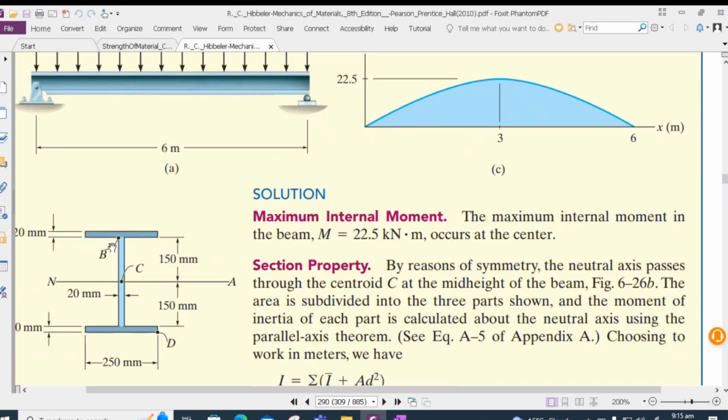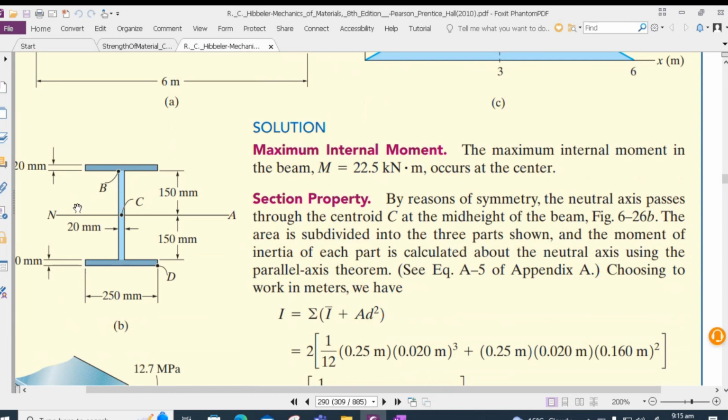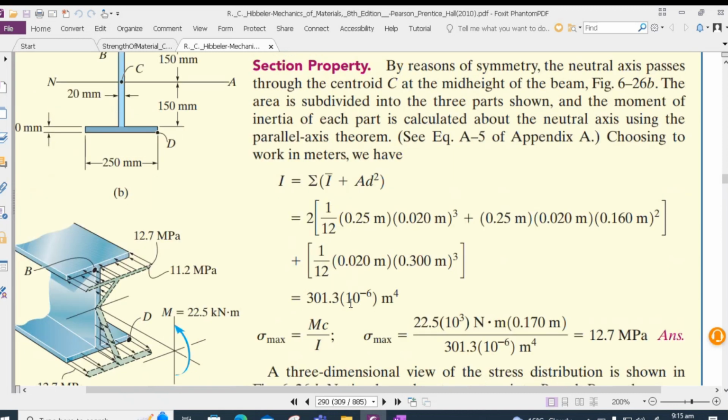So Mmax is WL square by 8, which can be easily worked out. In the case of I, we have to find out the moment of inertia of this I section, and that is being done over here using this formula, which is summation of I bar plus A d square. So plugging values in this, we should be able to get our I, which is 301.3 times 10 to the power minus 6 meter 4. Once I is found,